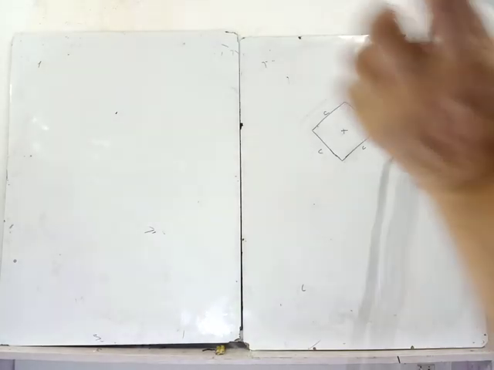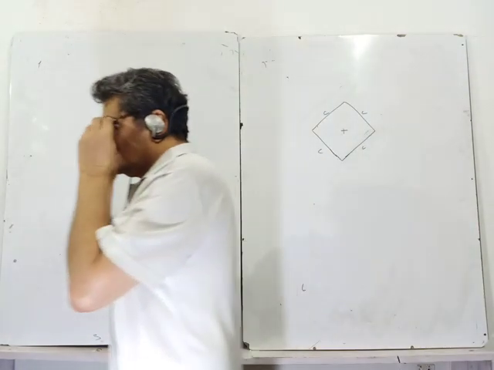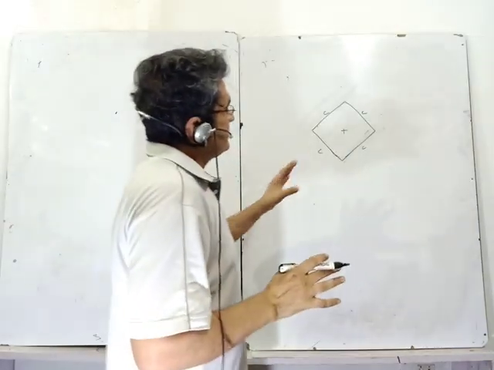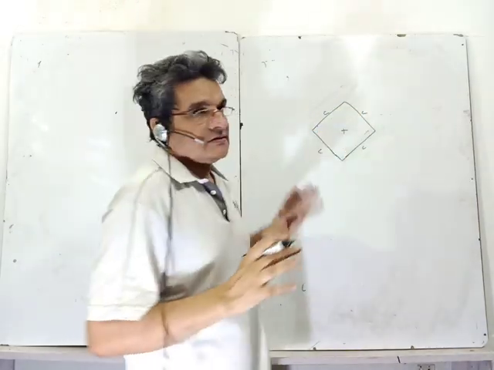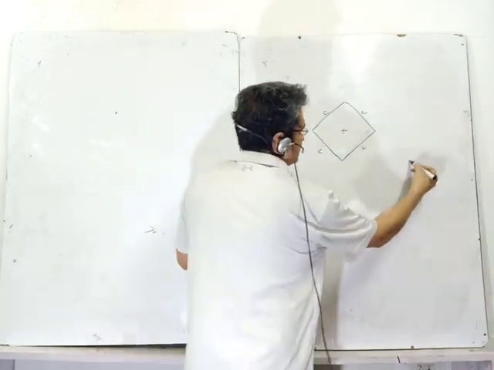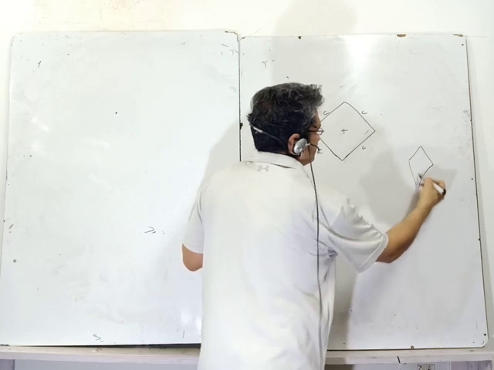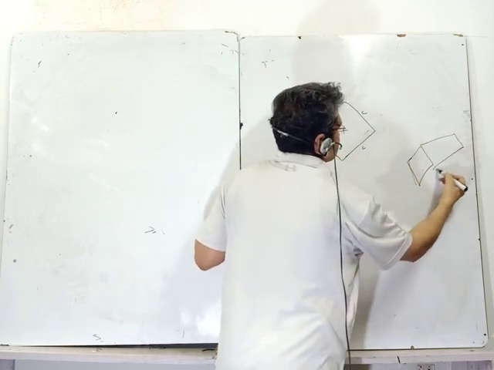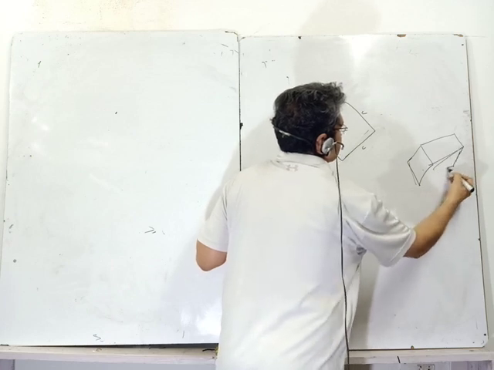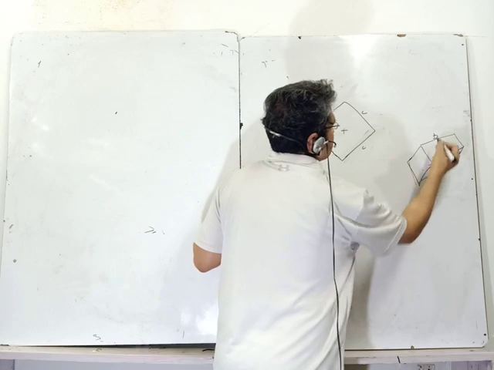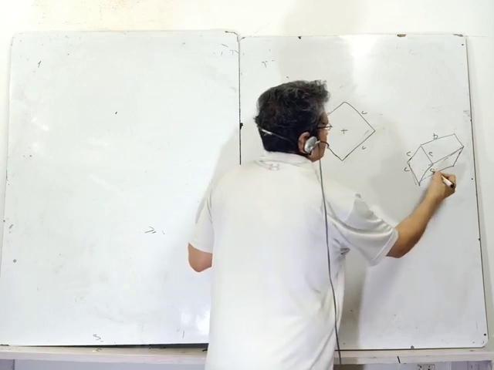We'll discuss a useful problem where the concept of upthrust is discussed. We have a solid body whose cross-section area is like a square. If I take a three-dimensional view, this is that cross-section area, and its depth is given as B in the problem, and this side is given as C.